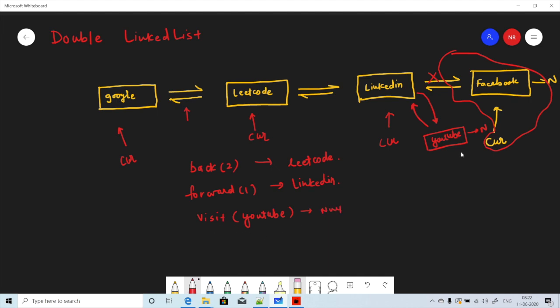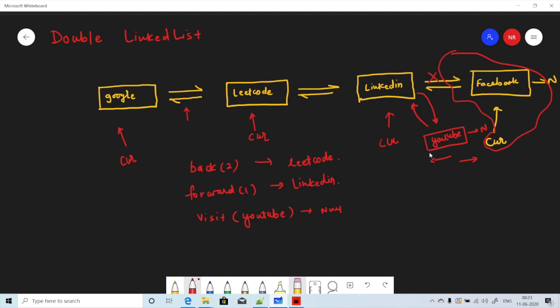Okay, and that way again we can go back and forth with a doubly linked list. So here the advantage is, when we want to call a visit and would like to erase the forward history, we do not need to erase each node in the forward history. Just break the link between this node and create a new link to a new node. So that way we can have a better performance in this case.